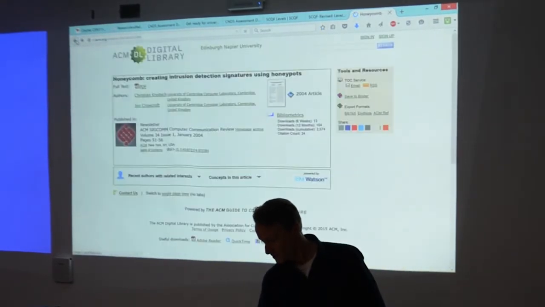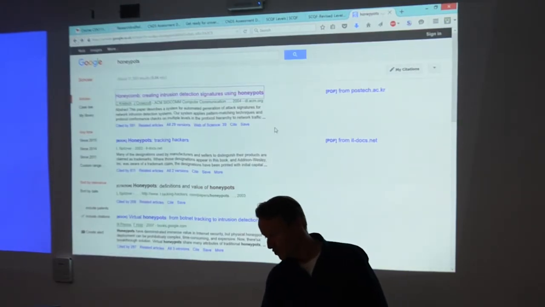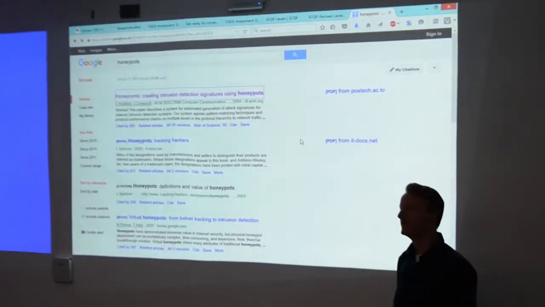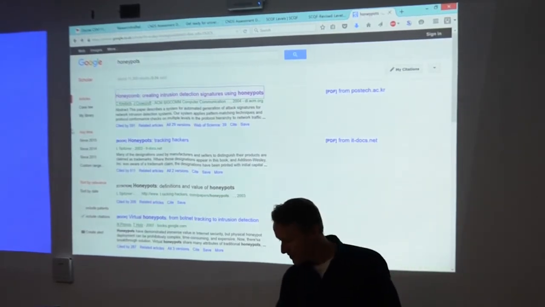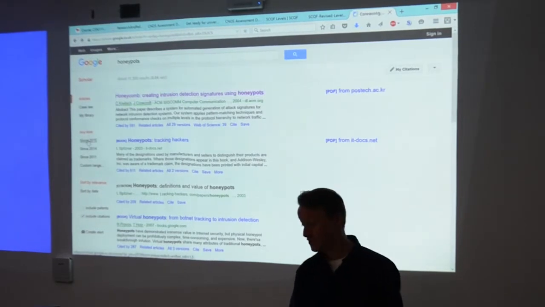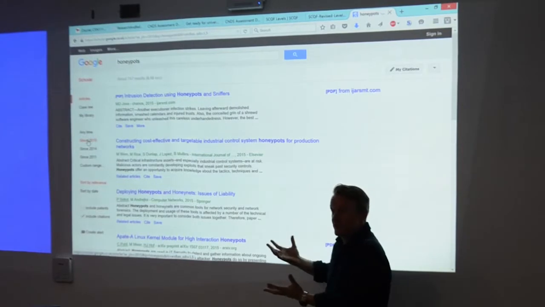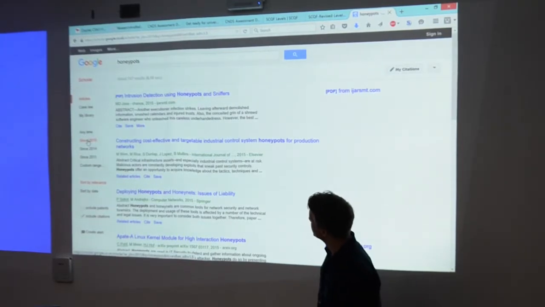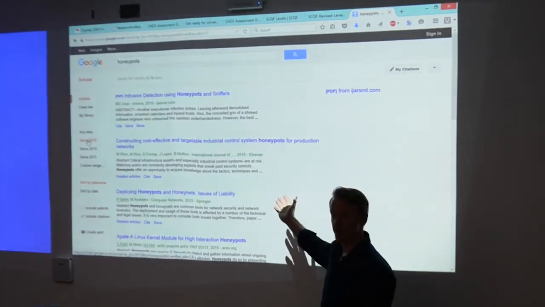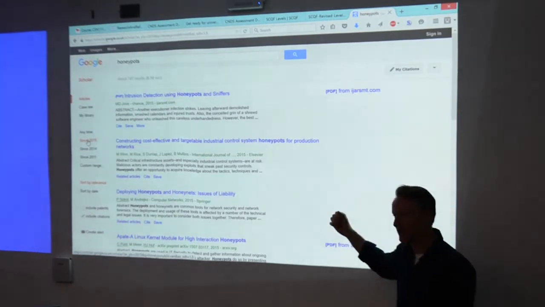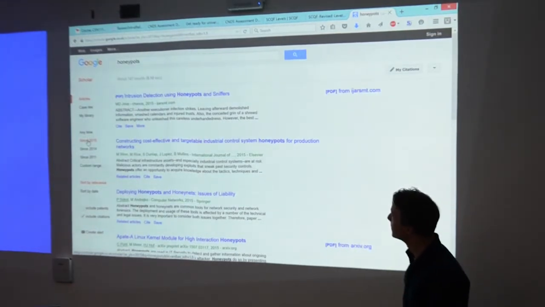So if we go back to Scholar, how else might we filter here? How might we narrow things down? What if we want to just look at recent things? Yep, so at the moment we're on any time. So if we say I want to see what's been done this year, just very quickly, for a quick overview, I can see that there's actually been some recent work in it. So this is one of the reasons we gave you this as part of the project. There is actually some recent work in the area.